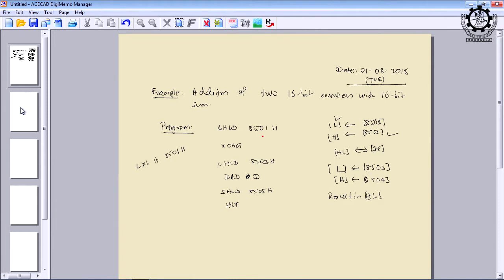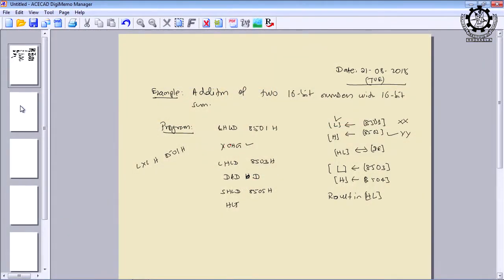Now, the HL register is loaded with two data values. For example, one location contains XX, or any 8-bit hexadecimal number, and the next contains YY, another 8-bit hexadecimal number. So now HL has some 16-bit value that we could load into the register pair HL. What is the meaning of exchange, XCHG? It is clearly a 1 byte instruction, because neither are we specifying an 8-bit data or address, nor any 16-bit data or address. Therefore, it is a 1 byte instruction.